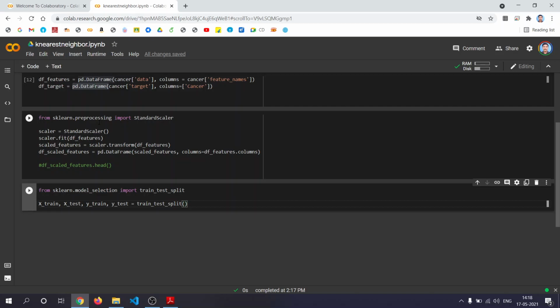Here x is df_scaled_features. Then what is y here? df_target, isn't it? So we'll unroll it using np.ravel of df_target. Just unroll it into a one dimensional array. That's what is done here. Test size equal to 0.3 and you use a random state equal to 105.